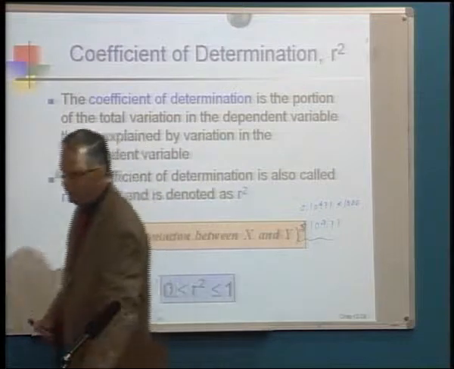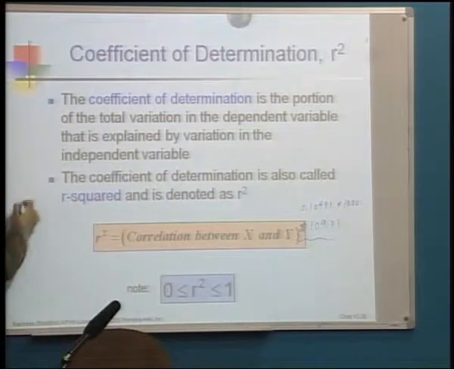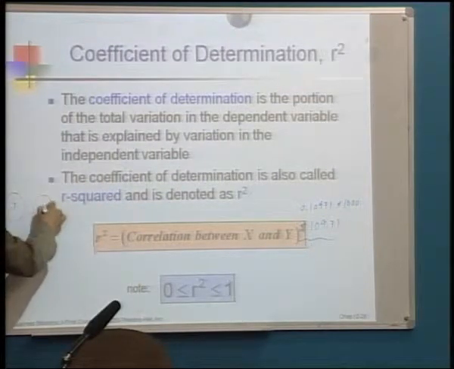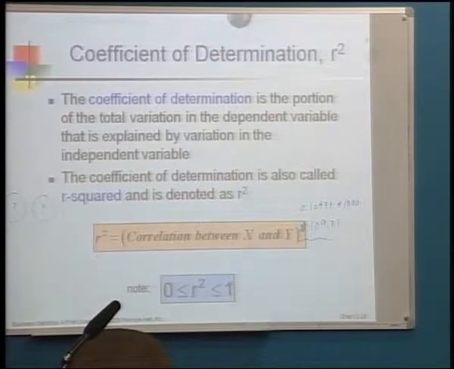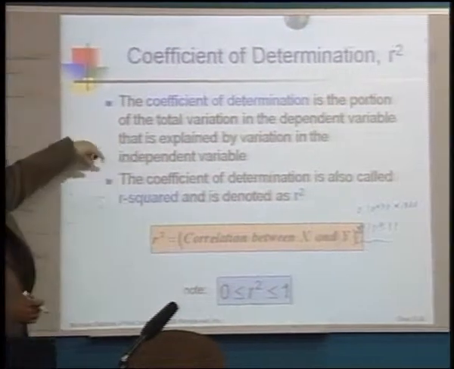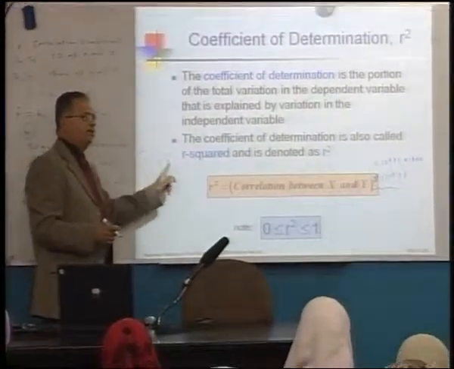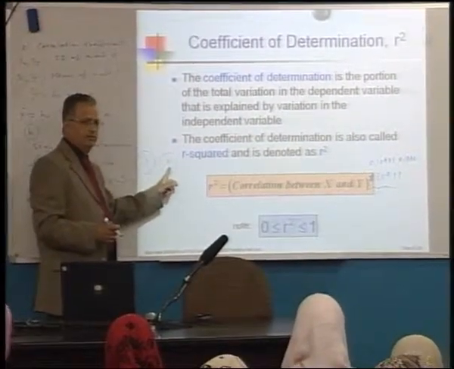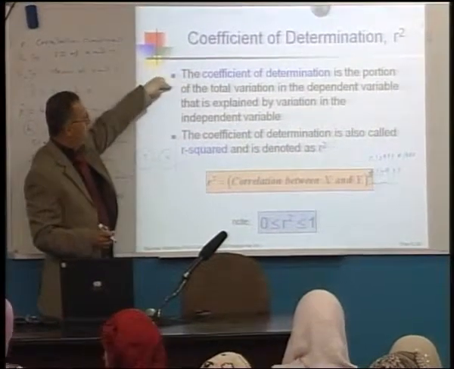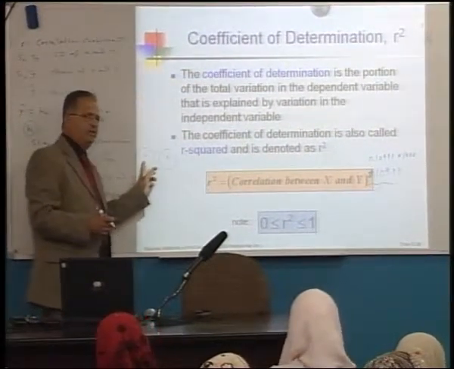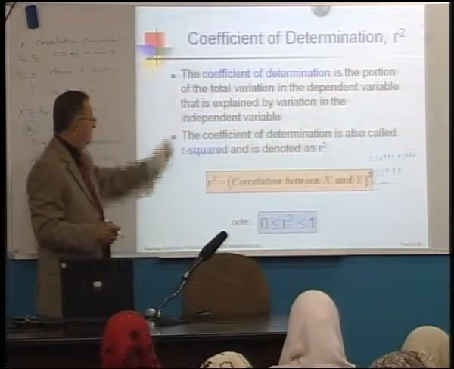Since we have two variables, x and y, the question is, what's the portion of the total variation in y that is already explained by the variation